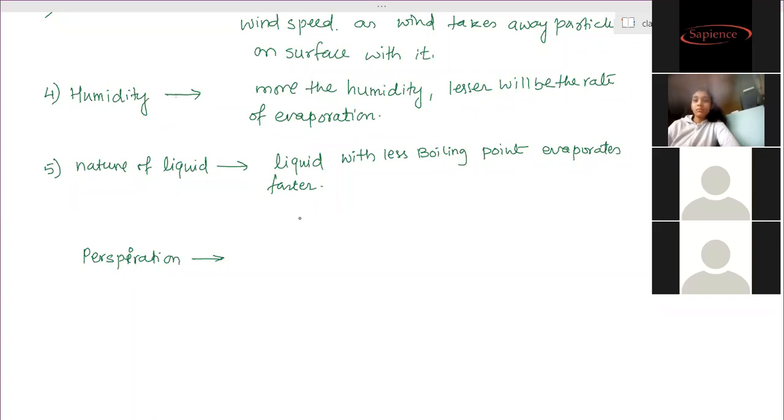Yes, right. You have to use the word latent heat of vaporization there also, because that is the heat which is given out. That is the extra heat energy the particles have. Latent heat is stored in the body, so where has it gone? It is not seen on the temperature scale. So it remains hidden in the particles. So that much amount of heat energy only that particle loses.